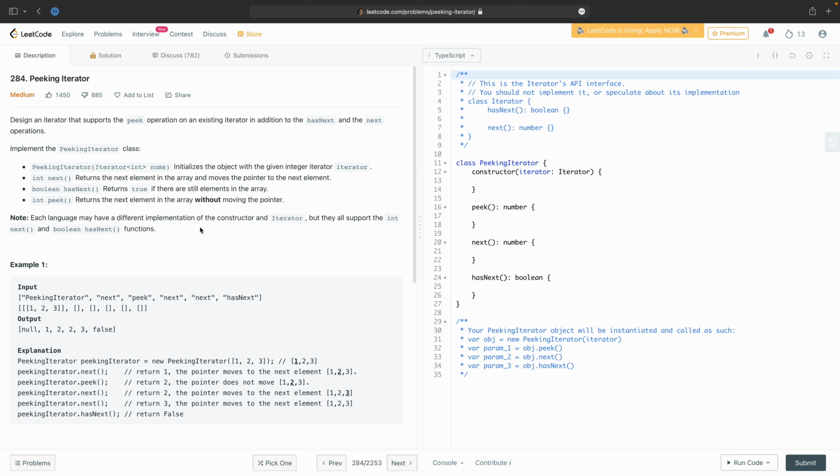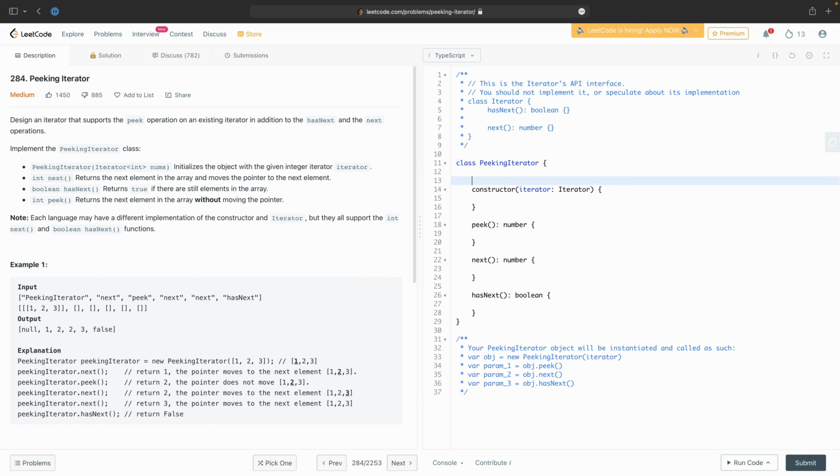So I think here the design is relatively straightforward. When we're requested to peek, we want to take the next thing off the iterator and save it somewhere. And when we go for a next, we either return what we previously peeked, or we just take something straight off the iterator, whatever is most appropriate. hasNext can then just be the same hasNext, unless we've already peeked something. So one thing we need to be aware of is we need to have this saved variable, and this is